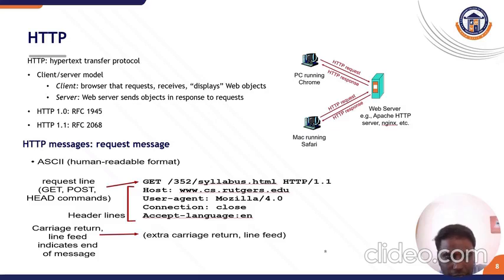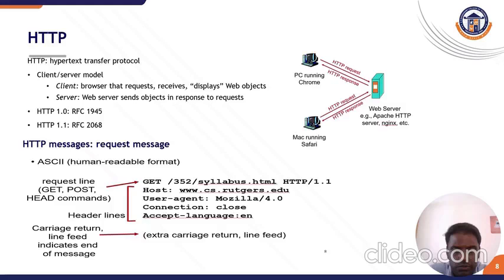So the ASCII human readable format: request line, GET, POST, and HEAD commands. For example, GET /352/syllabus.html HTTP/1.1, Host: www.cs.rustcasters.edu, User-Agent: Mozilla/4.0, Connection: close, Accept-Language: en. A carriage return and an extra carriage return line feed indicate the end of the message. This is how the HTTP transfer protocol actually works, and these are all the key terminologies that